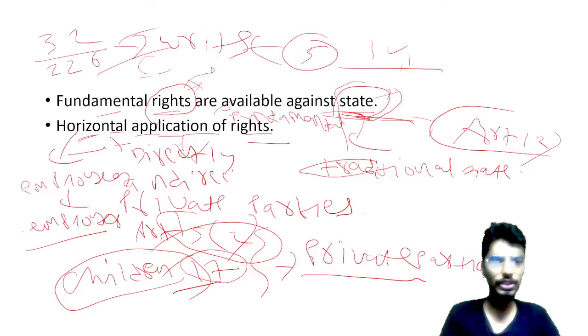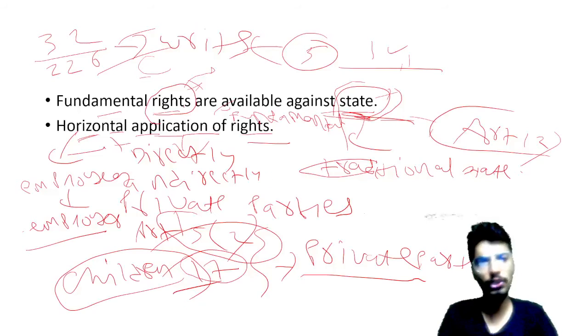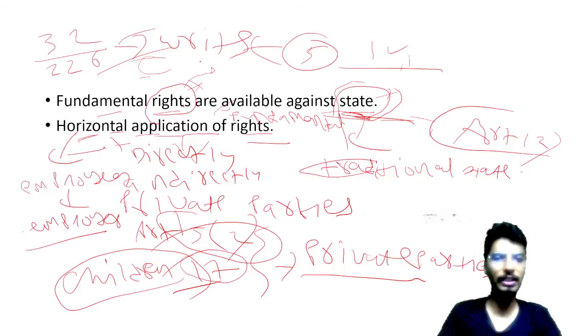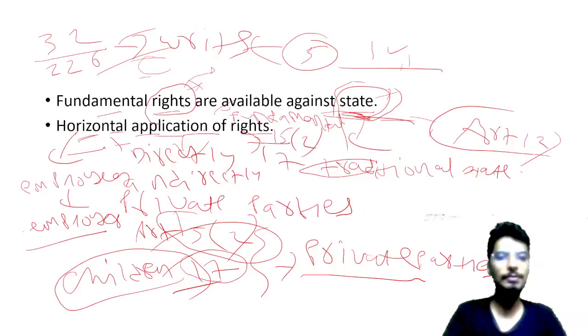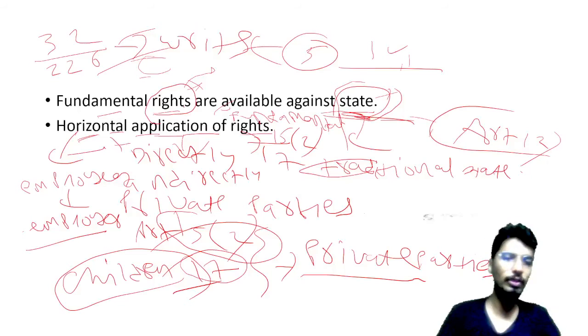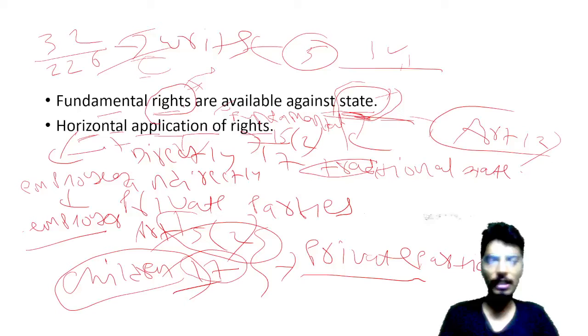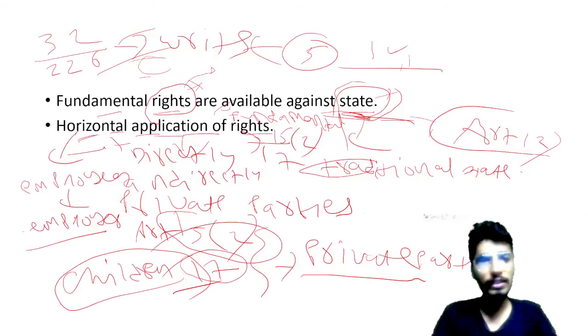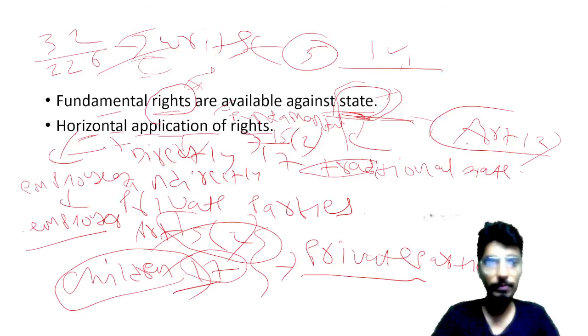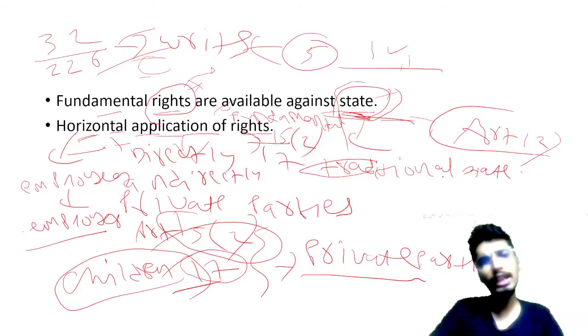इसके अंदर थोड़ा डिस्टिंक्शन है, but we need not go into details about that. We just need to know कि हॉरिजॉन्टल एप्लीकेशन ऑफ राइट्स में प्राइवेट पार्टीज के अगेंस्ट भी फंडामेंटल राइट्स अप्लाई किए जा सकते हैं। और हमारे कॉन्स्टिट्यूशन के अंदर इसका आइडिया है आर्टिकल 15 क्लॉज 2 में, आर्टिकल 17 में और कुछ जजमेंट्स में, जैसे एमसी मेहता वर्सेस तमिलनाडु वाला केस जो हमने देखा। सिमिलरली एक हेल्थ से रिलेटेड केस देखा। सेक्सुअल हरासमेंट, प्रिवेंशन ऑफ सेक्सुअल हरासमेंट एट वर्कप्लेस का आइडिया विशाखा वर्सेस स्टेट ऑफ राजस्थान में, उसमें हमने देखा। तो ये एग्जांपल्स हैं where you see कि कैसे प्राइवेट पार्टीज के अगेंस्ट भी राइट्स को अप्लाई किया जा रहा है।